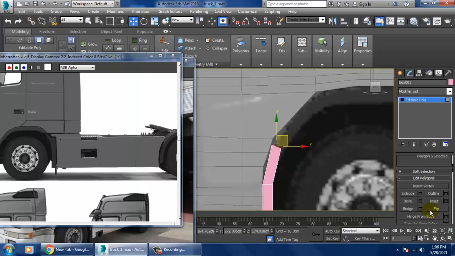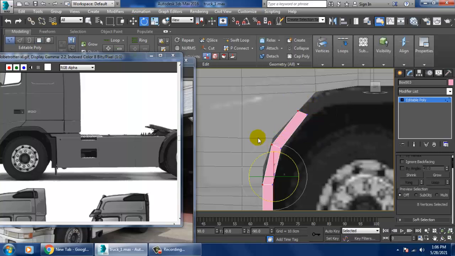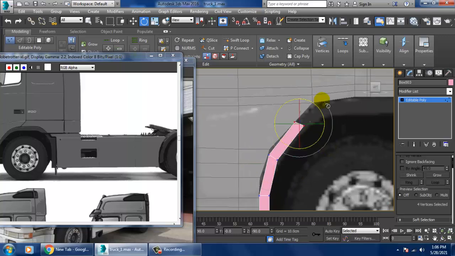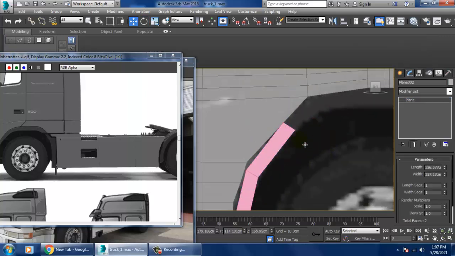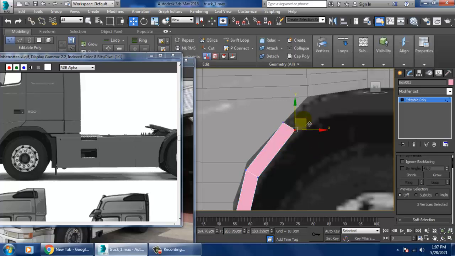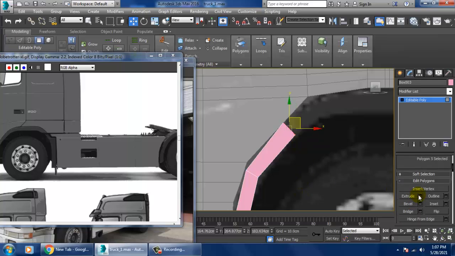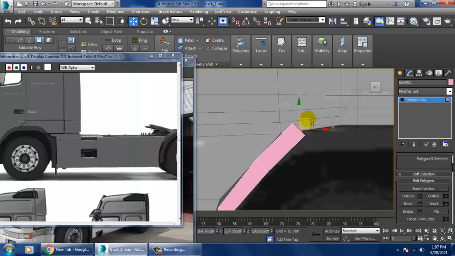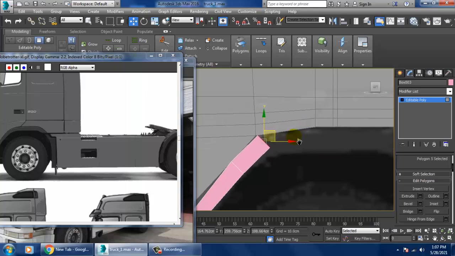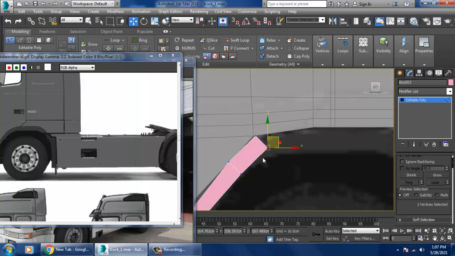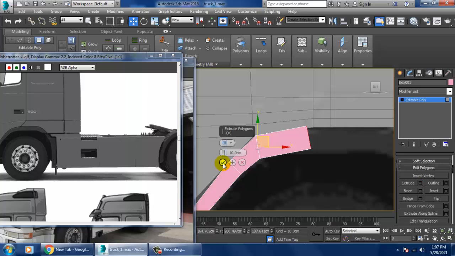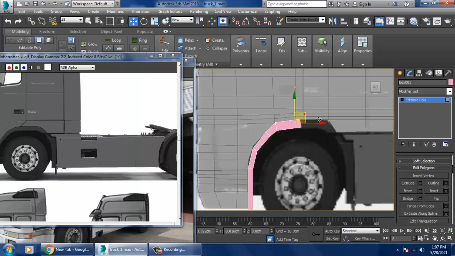Let's keep on extruding that particular part. Select these vertices, rotate that part, select the vertices again and the polygons, and extrude again. I'm just doing it manually.